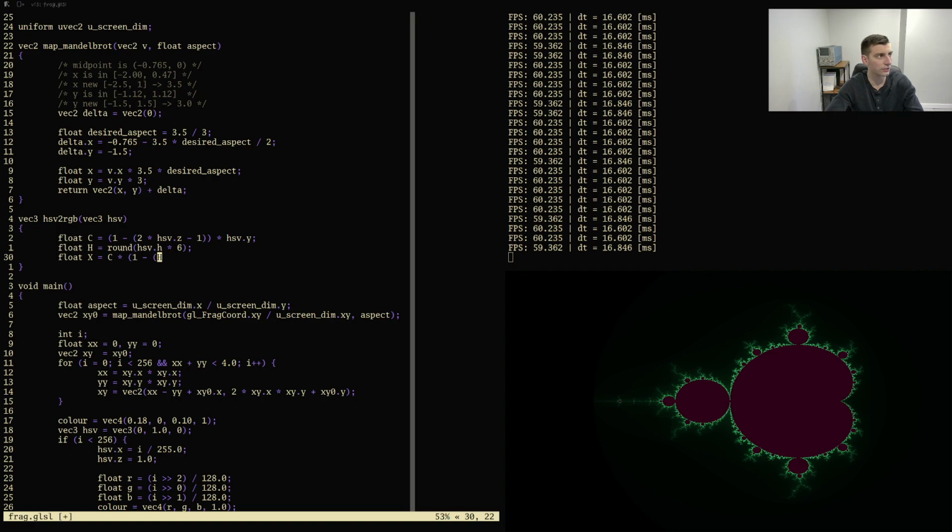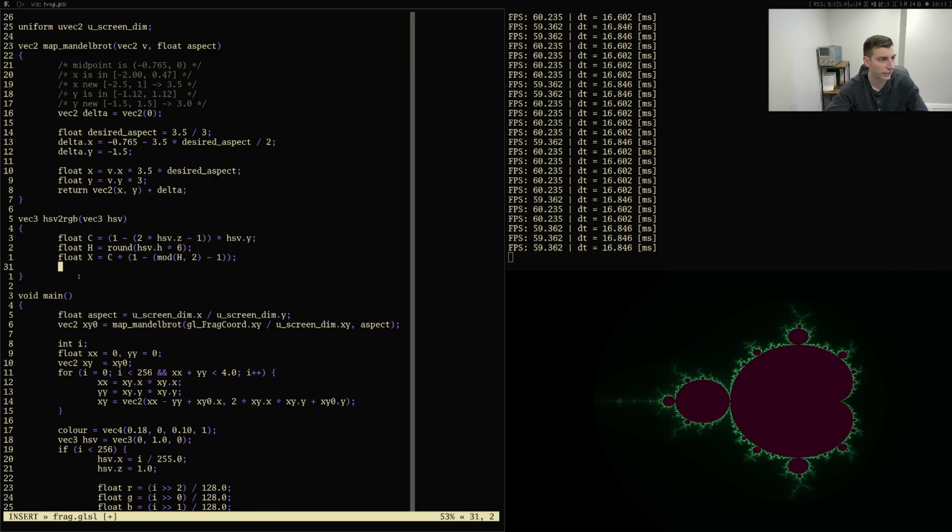Modulus in GLSL, don't know if you can even do this operation. I think you can. There's mod. Okay. Yeah, so you can use the mod function. So mod H and 2, minus 1, and then